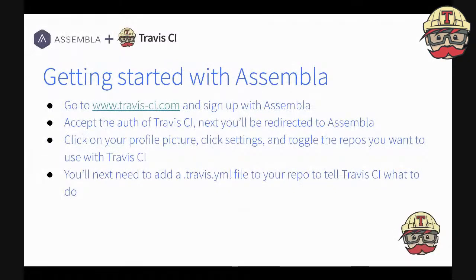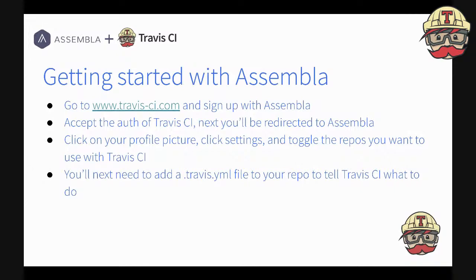So essentially what you want to do is go to travisci.com. And the next thing you'll want to do is sign up with Assembla. Accept the auth token for Travis CI. You'll then be redirected to Assembla, so that's one thing to keep in mind. Click on your profile picture, click settings, and toggle the repos you want to use with Travis CI. Obviously, you're not going to want to use all your repos. If you do,